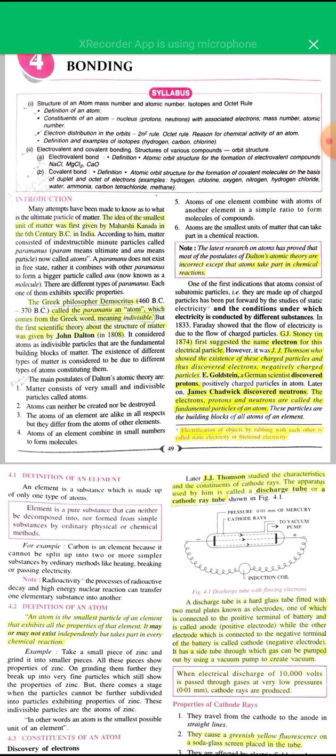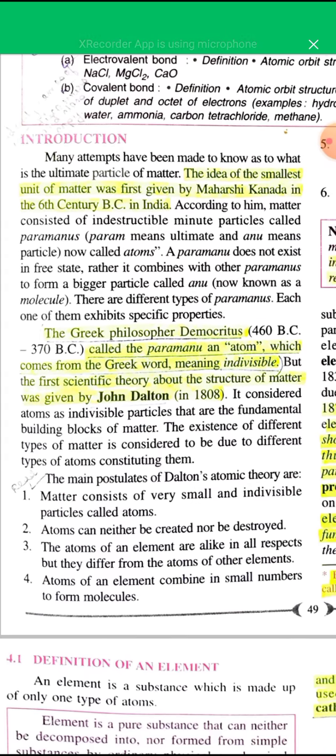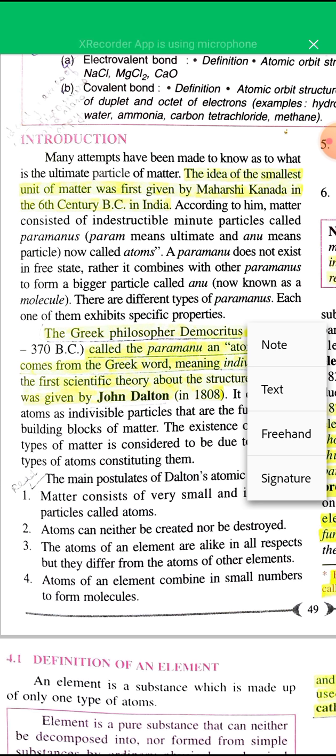This is the syllabus. Today in this video I'll discuss the introductory part of this chapter, that is the constituents of atoms, what is an atom, and atomic models. So an atom is the smallest particle of an element. According to Dalton theory,